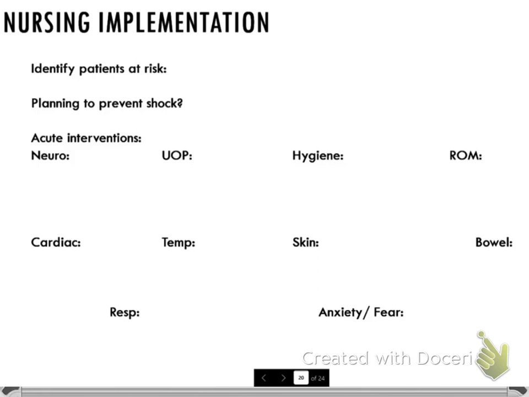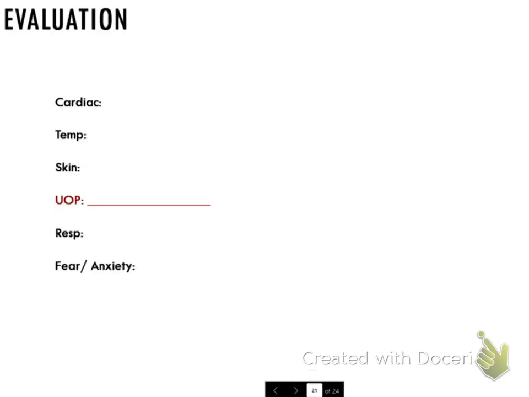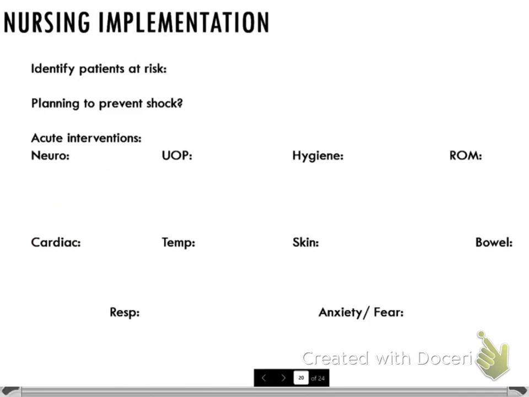So again, your nursing implication is knowing your patients that are at risk, preventing sepsis, so making sure that you're washing your hands, that you're using strict aseptic technique, monitoring for subtle changes in your patients. So when we go through, I don't think I have slides for each one, do I now? So when we go through like neuro,